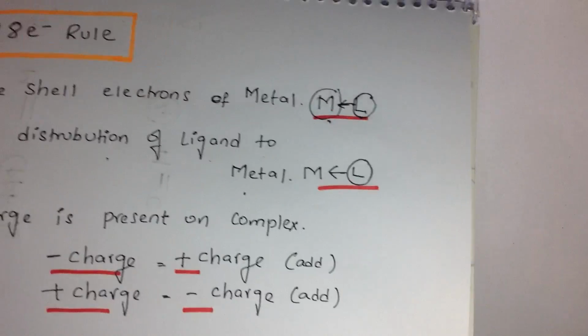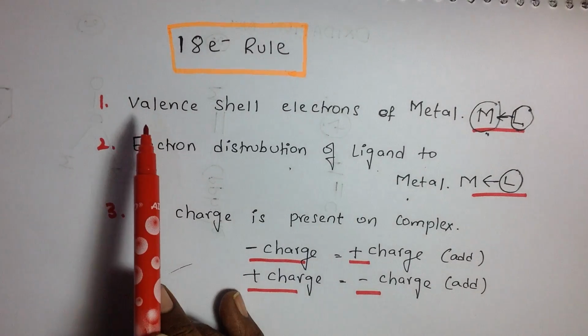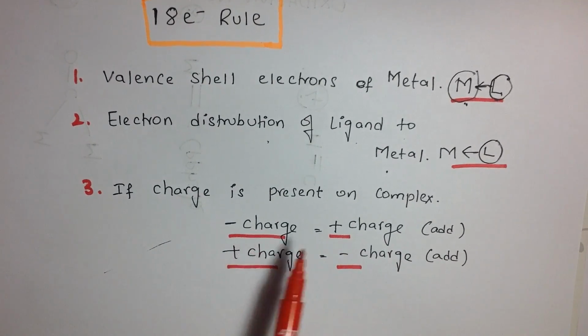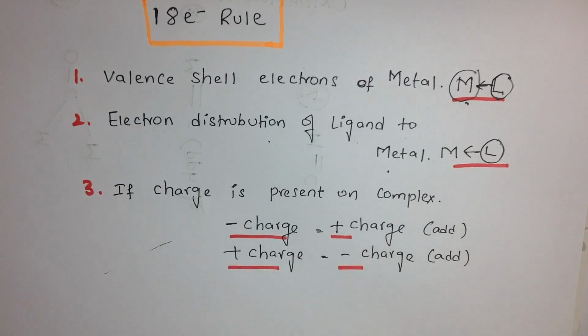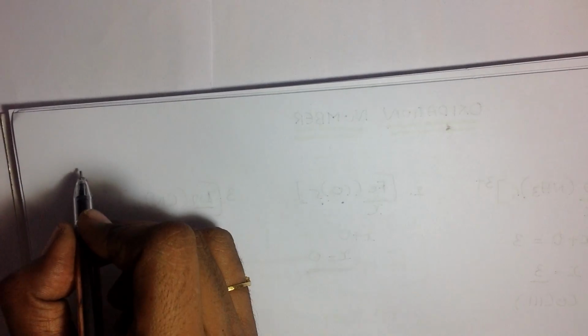So what about our first? These are all things I told you in the starting itself: we have to follow these 3 criteria. The first and second we have seen in detail with explanation. The third one is if charge is present, you have to follow this. So now let's implement some examples for calculating. Let us see some of the examples. First example I am taking as